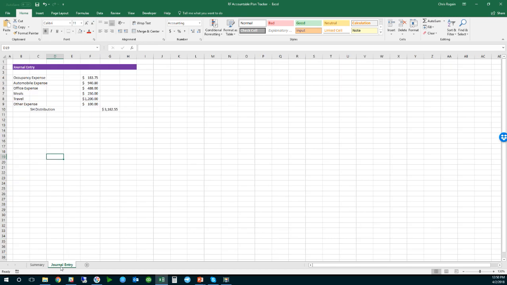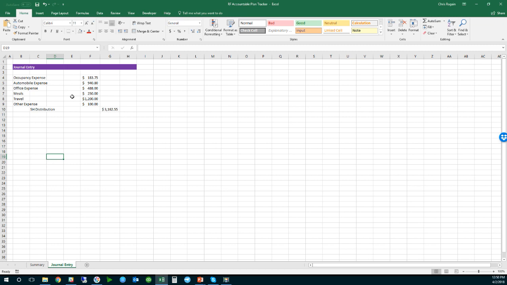There's a second tab here called journal entry. When they originally transferred that money and you were doing the weekly books, or if you just wanted to move it over to shareholder distribution, because you do that every time they move money to themselves, that's fine. Then when it's time to do the work of this journal entry each quarter, this is automatically calculating these categories for you, and you're going to book it as occupancy expense and automobile or office expense and meals and travel and other, and you're going to create a journal entry that makes that work.